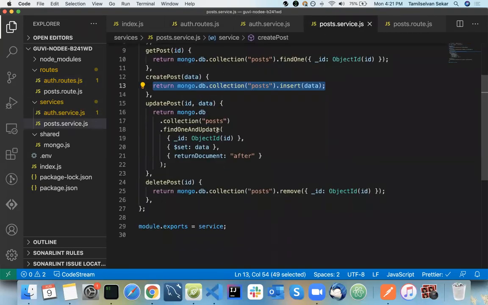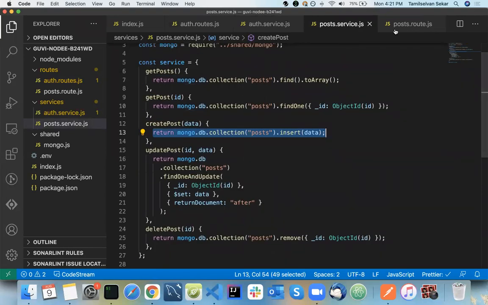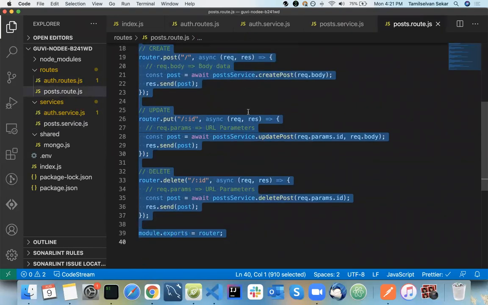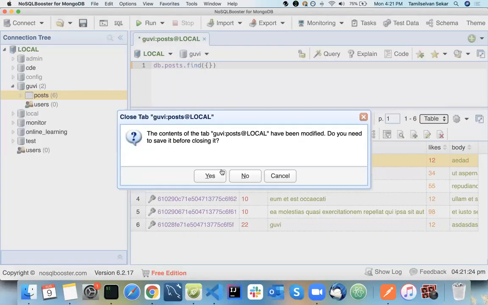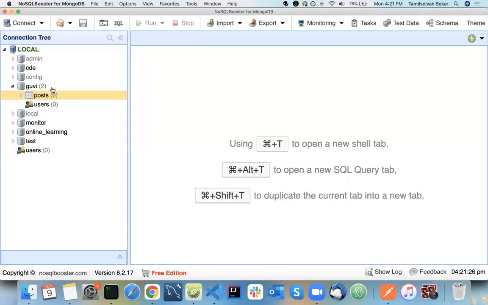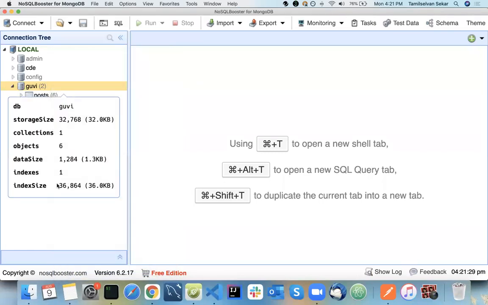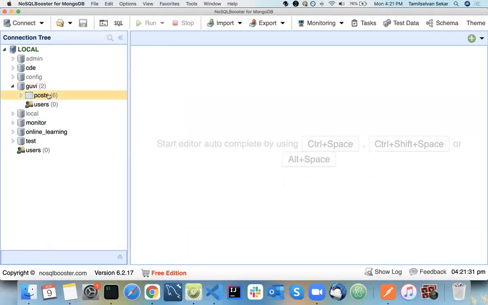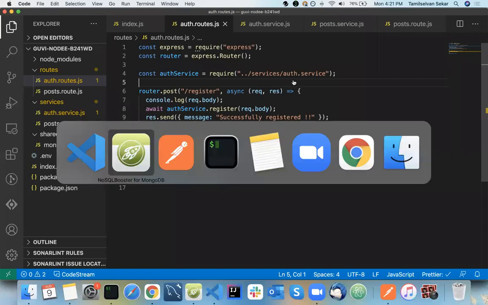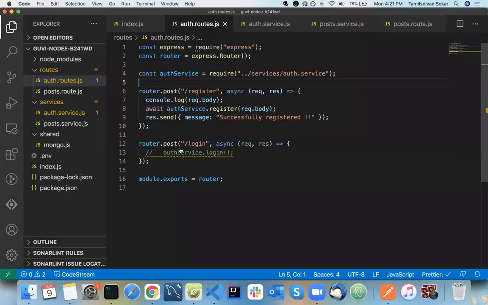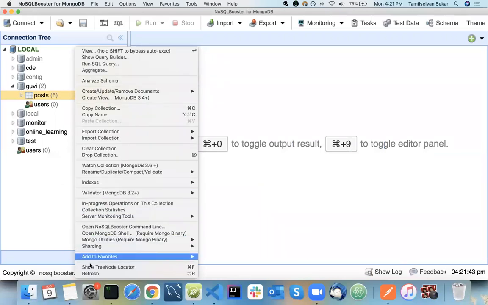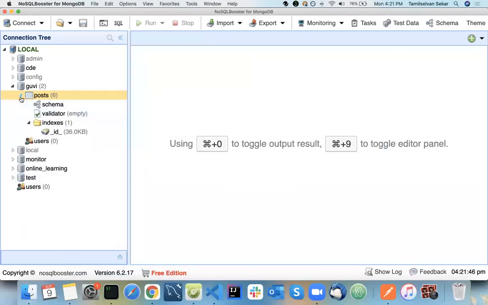Like we used it here in our post route.js, something similar to that. So let's see. First I'll go here and see there is no collection called users at all. I'll refresh it. There is no collection called users here. Now I'm going to insert this user. I'm getting a message called successfully registered, and it will be inserted in our database. If I go here and refresh,